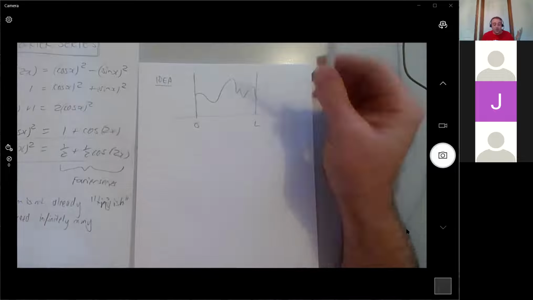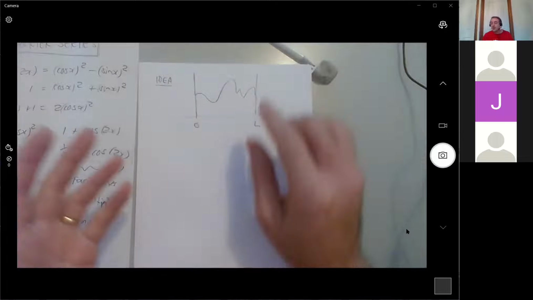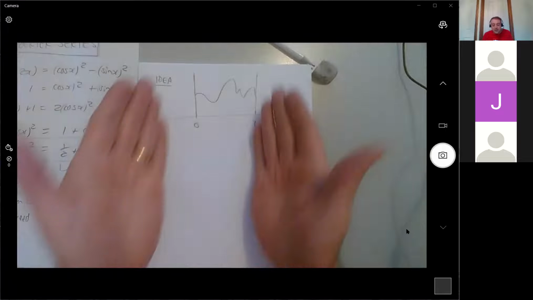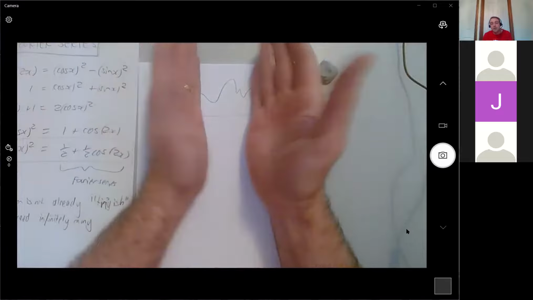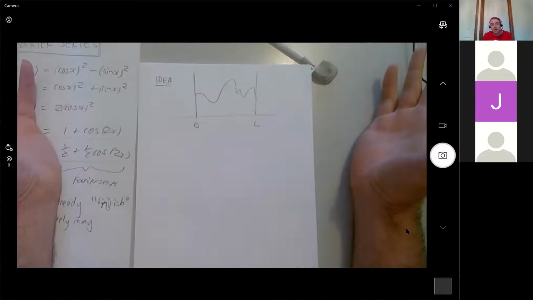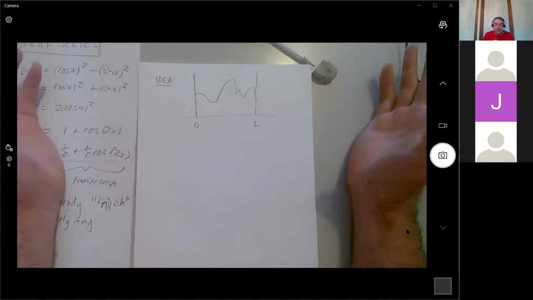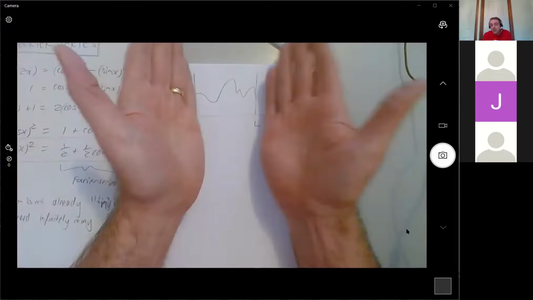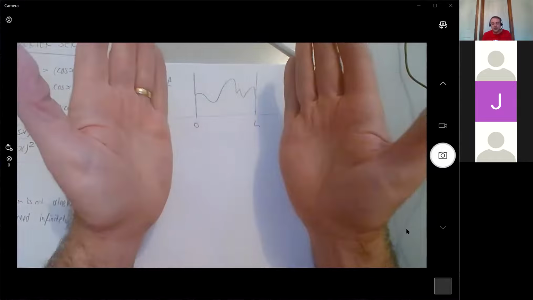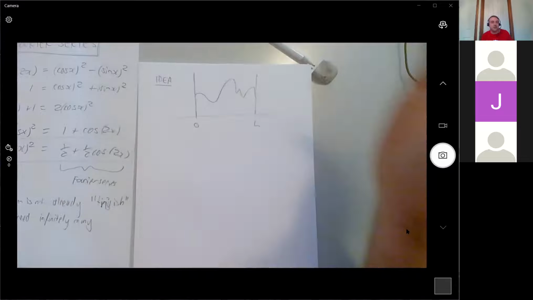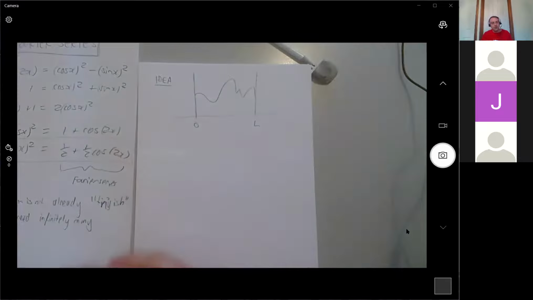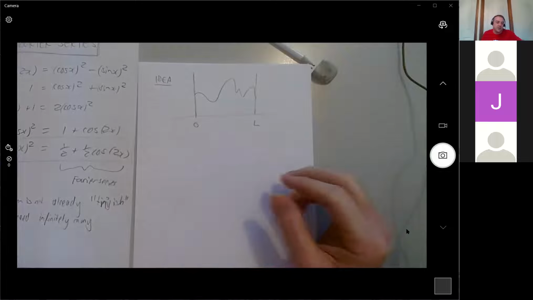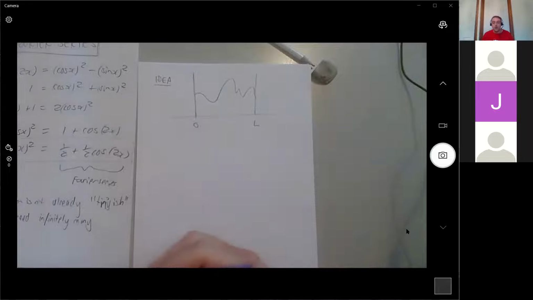But it turns out that's not really a problem at all, because since I only need it to work in here, I can make the rest of this function on the rest of the real line whatever I want. I can just imagine that my function is a slice of a bigger function so that the theory of Fourier series can work for it. And so what you're essentially saying is that your function that you've got,